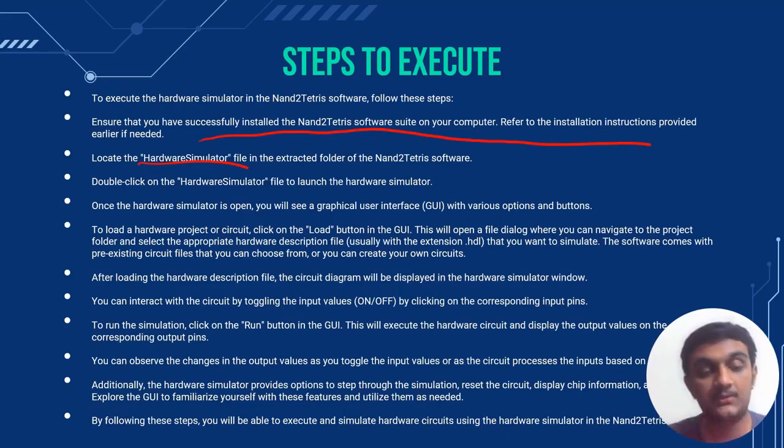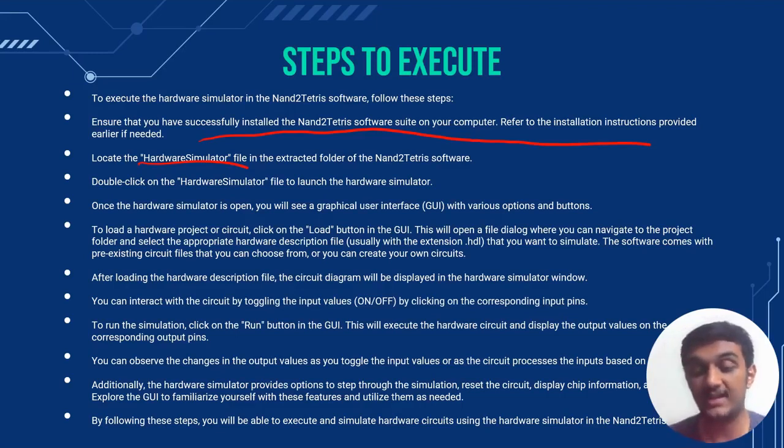Then we have to double click on the hardware simulator file to launch it. Once the hardware simulator is open, you will see a graphical user interface with various options and buttons. To load a hardware project or circuit, click on the load button in the GUI. This will open a file dialog where you can navigate to the project and select appropriate hardware description files such